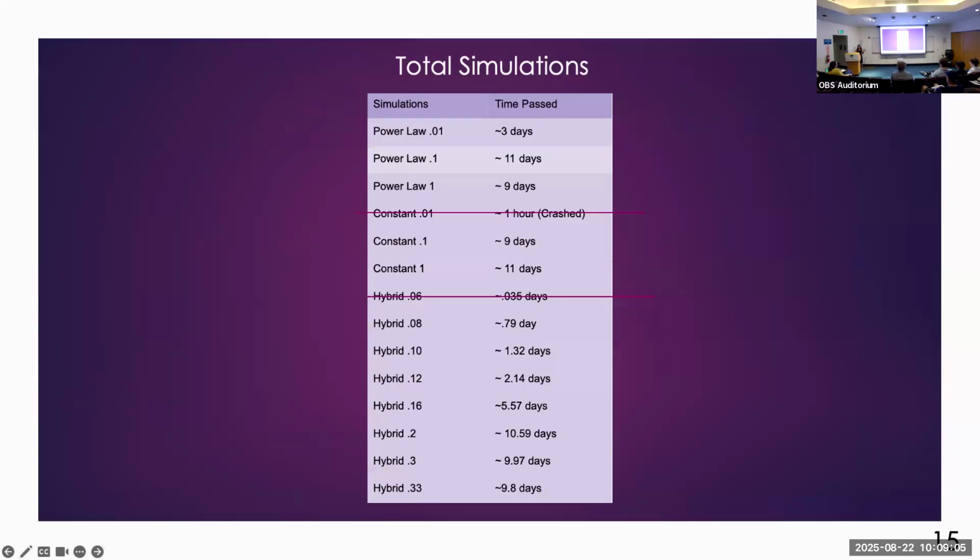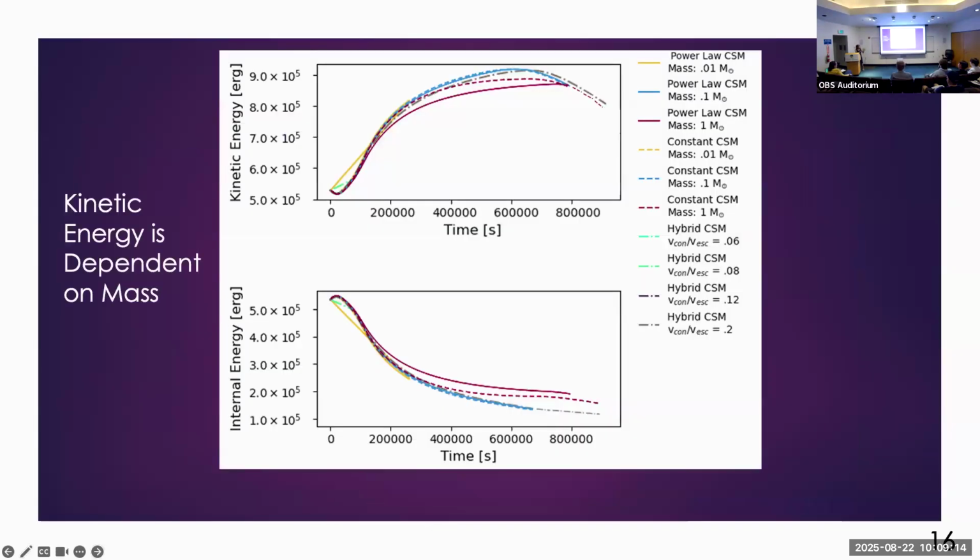After I run a simulation, I'm then left with output that allows me to illustrate the evolution of various properties as the shock propagates throughout the circumstellar material. Such properties include the kinetic and internal energies shown here. For all of these low-density circumstellar material models, we expect the kinetic energy to increase and the internal energy to